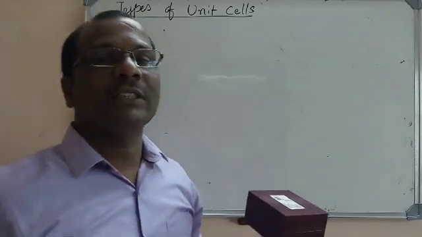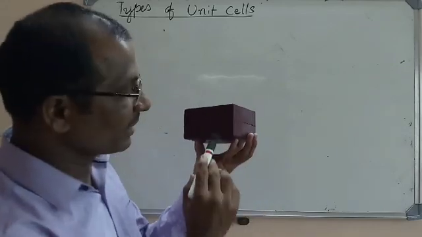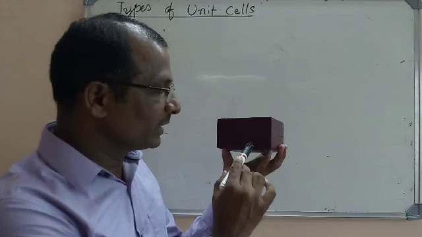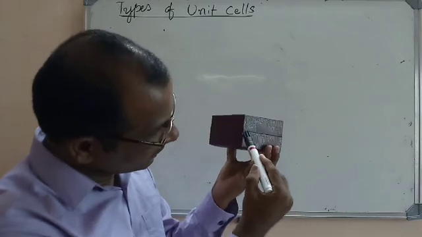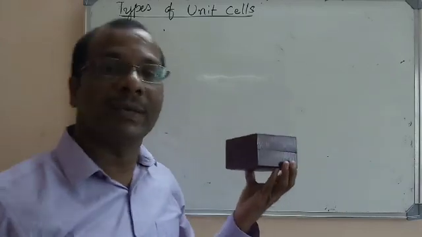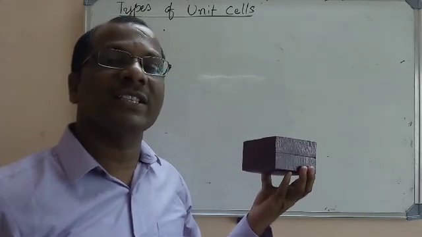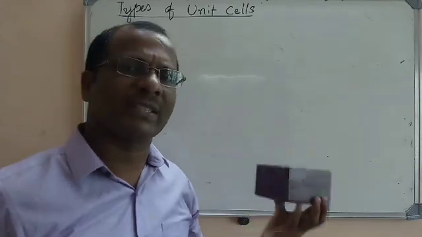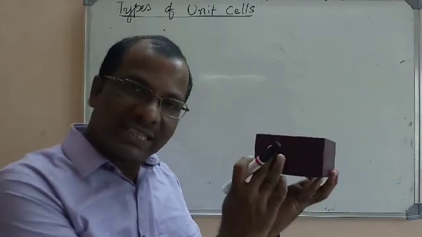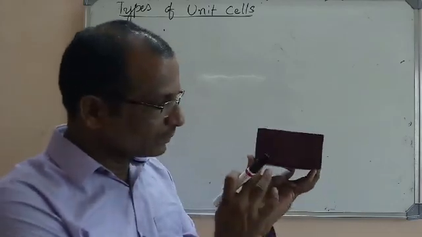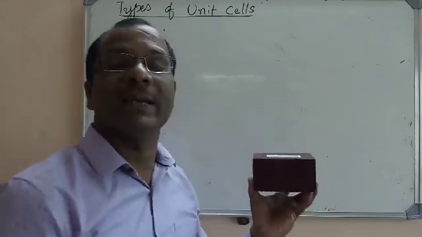I told you what the parameters are. Lengths of the edges: this is one edge, this is the other edge, and this is the other edge. A, B, C. So these are the lengths of the edges. Now the angles made. So here are alpha, beta and gamma. So 3 angles alpha, beta, gamma and 3 lengths of the edges A, B, C are the cell parameters. Nothing but the dimensions of the unit cell. Just I am considering it as a unit cell here now. For this unit cell, we have edge lengths and the angles made by the edges.